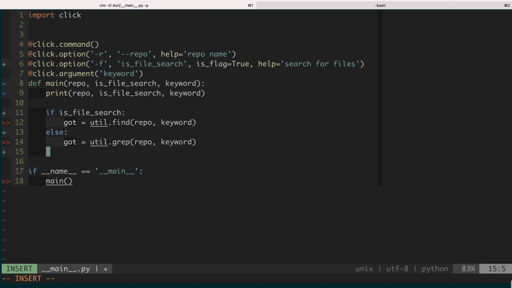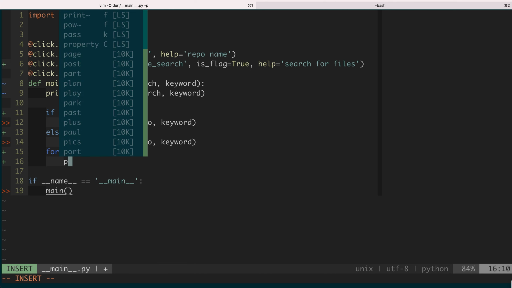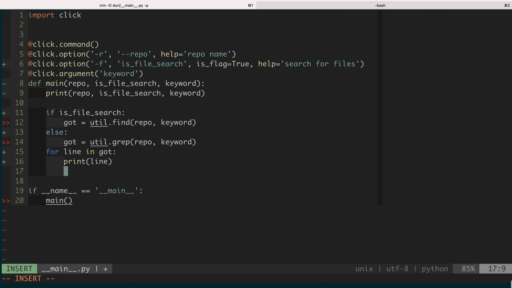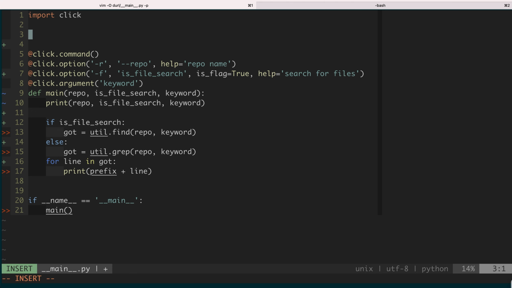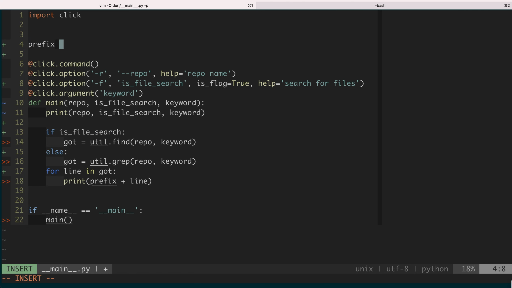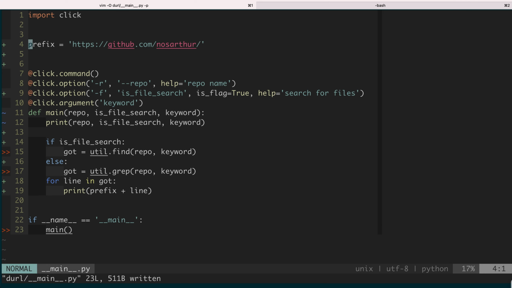So the search result can be multiple matches. So for each match, we print it out. Okay. So since we are doing URLs, let's include some HTTP address to make it look more real. Say https://github.com. Okay, and of course,